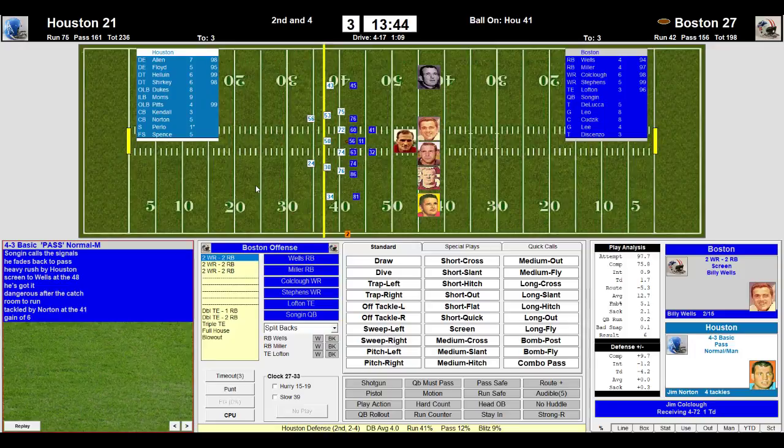Boston 27, Houston 21, 3rd quarter. Last game of the 60 season, retro replay. Patriots looking to improve their record to 6-7-1, which would be 1 game better than they actually did. They finished 5-9 in actuality. Houston 7-5-1 right now. George Blanda was knocked out of the game in the 1st quarter, and he's done for the season. So 2nd and 4, Wells will come out of the game, and we're going to bring in